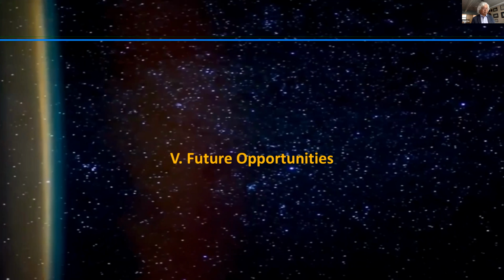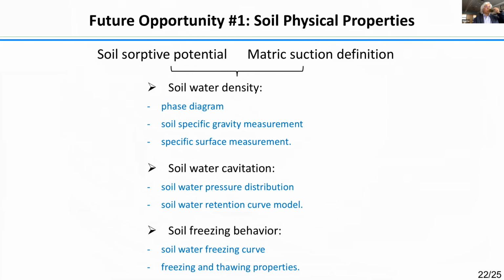So finally, I'd like to use a few minutes just to talk about what I feel the opportunity for us moving forward. We put them into three categories. The first is about the soil physical property. The physical property can be subdivided into soil water density, how the phase is going to change, specifically gravity, because